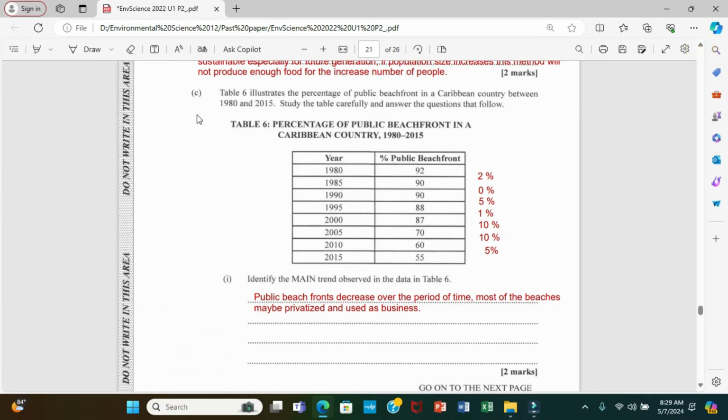Alright, so part C here said table 6 illustrates percentage of public beachfront in a Caribbean country between 1980 and 2015. Study the table carefully and answer the questions that follow. So table 6 here says percentage of public beachfront in a Caribbean country 1980 to 2015. Alright, and these are the trend, the results here. Alright, let's move into